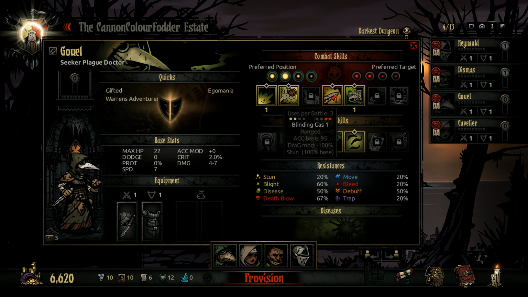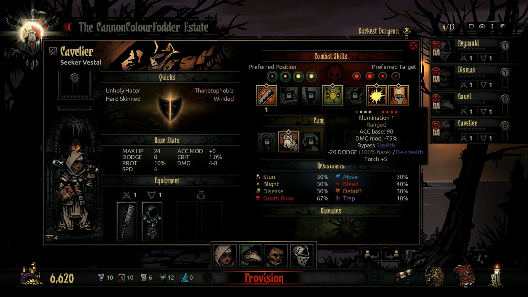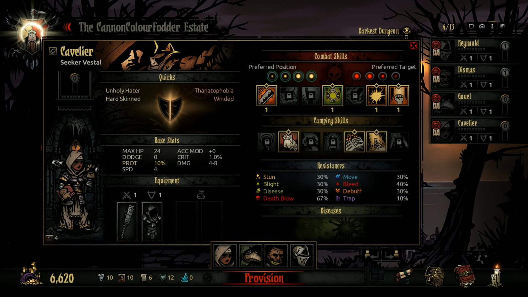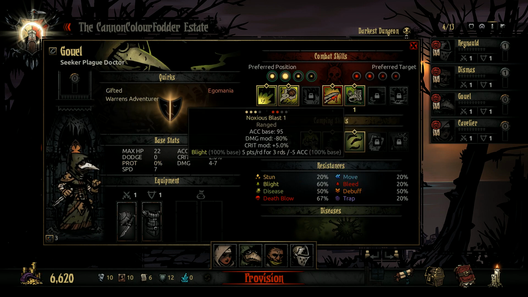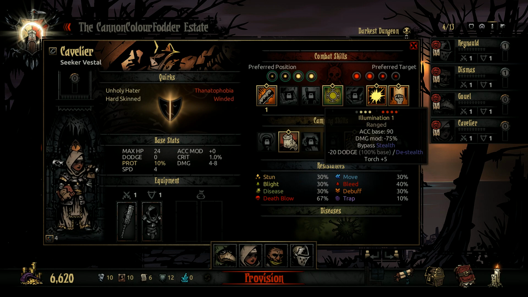I like to have the stun one, but we don't really have a choice here. So I'm going to swap those 2 around. Oh, but she's got that one. Yeah, I'm probably not going to use that. I'm probably just going to use the blight. So we'll put her back in that position, just so we can use the